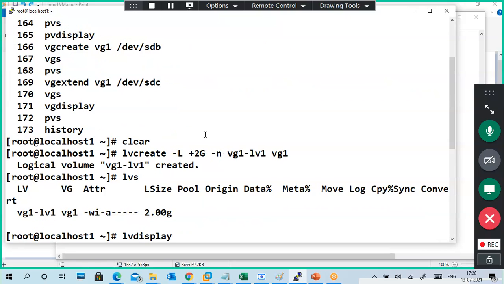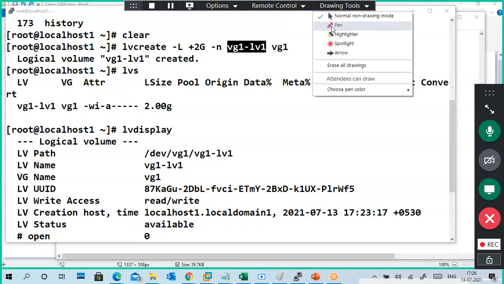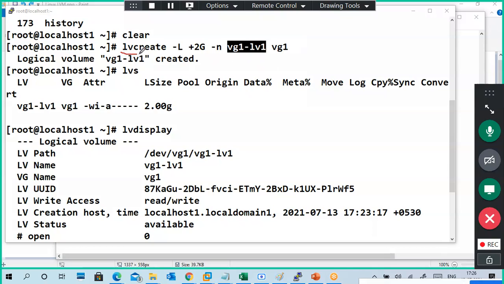Now we'll go back to the command. I gave a command, but it's not a simple command. For everything it is a simple command, but this one we have options. So this is my volume group name. I told my volume group name, and this is my logical volume name. First of all, what we know easily, we can see that one. This is my VG name. This is my LV name. This is the size, and this is the numerical value.